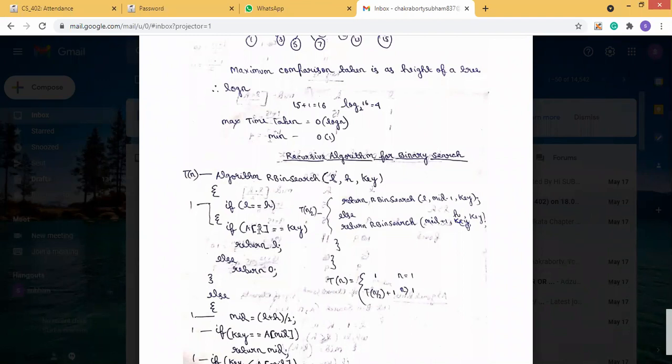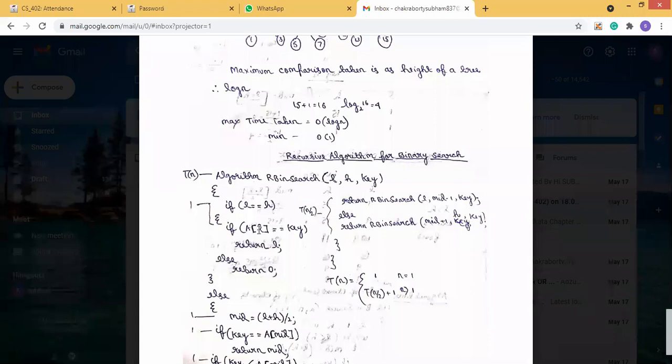In that case, we check if the array, whose name is A, has A[L] equal to the key, meaning the value we are searching for is present there. If present, return that value. Otherwise, we say it is not found and return 0. So we have to first define the small problem.